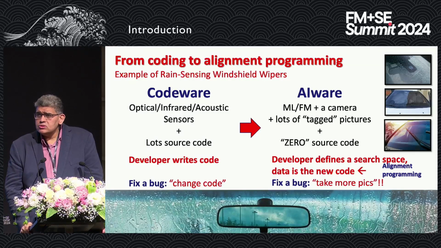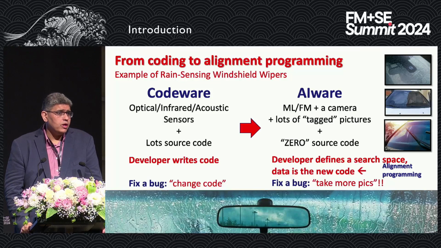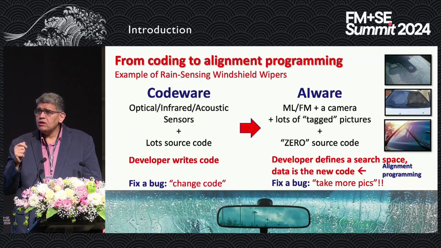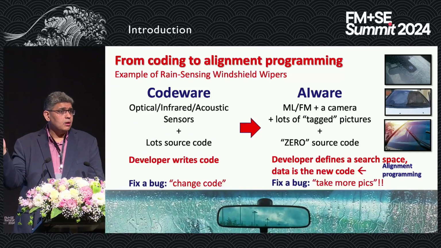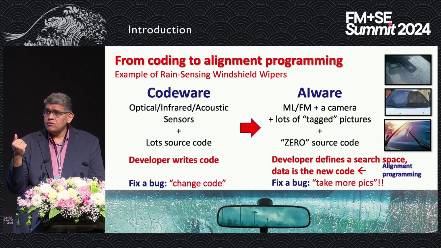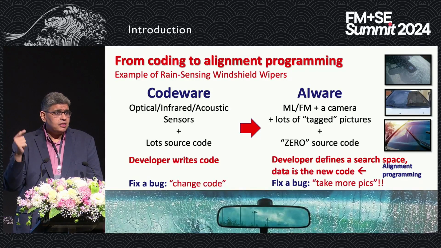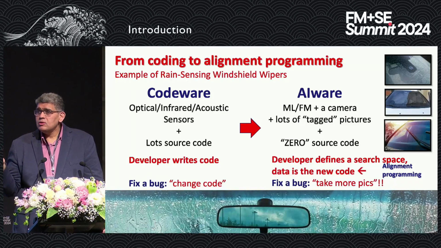You can take 1,000 pictures of a windshield with rain on it, and 1,000 pictures of a windshield with no rain on it, and then every millisecond, you take a picture as your car is driving. You feed it to a model, and the model decides whether this is a rain picture or not a rain picture. And if it's a rain picture, it starts wiping. Now imagine you're driving and the sun is hitting your windshield, and the model gets confused and thinks it's raining. Instead of writing code to fix this, all you need to do is take a picture and say, this is a picture of no rain, even though there's sun, and suddenly we fix a bug. So we're fixing bugs using data